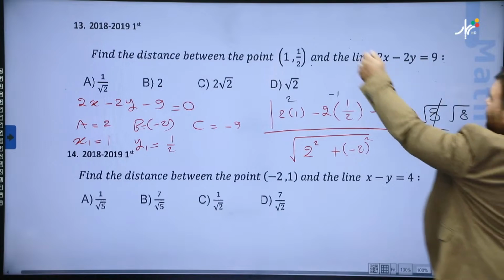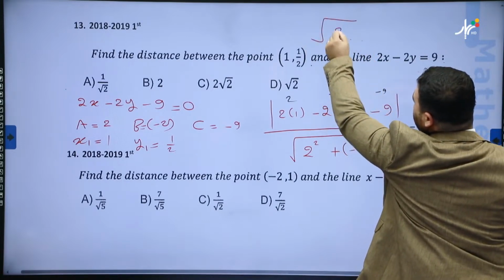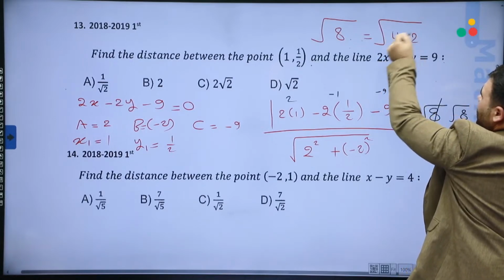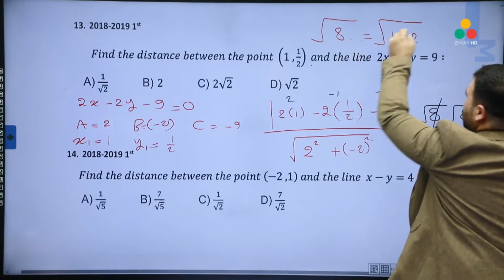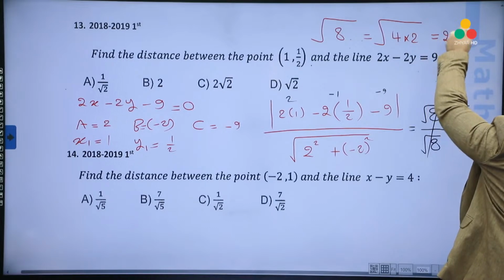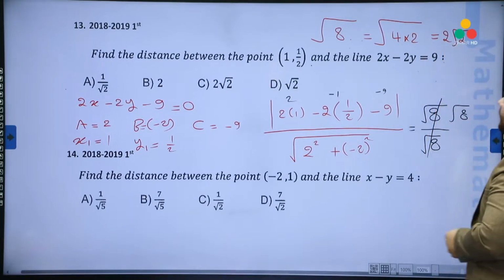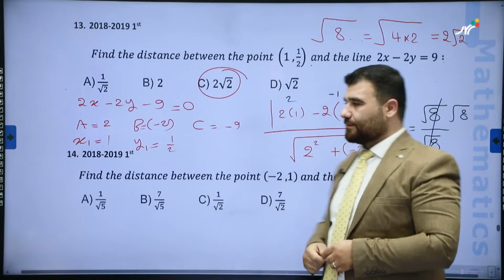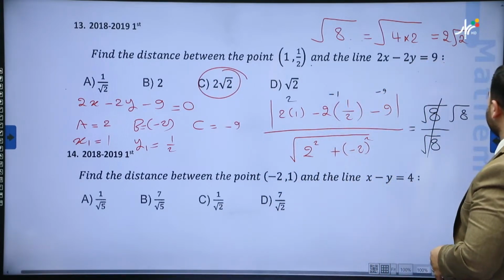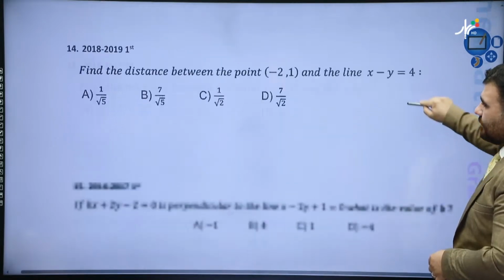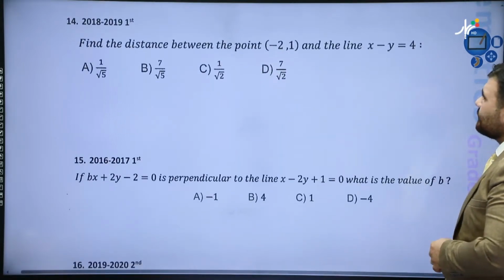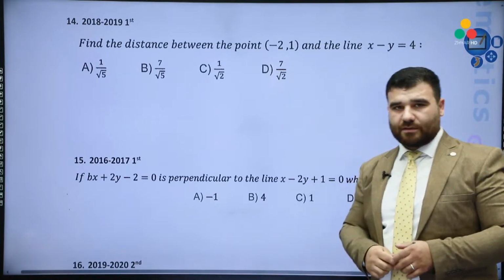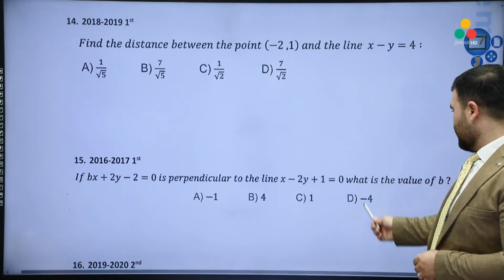We can rewrite 8 as 4 times 2. 4 can go out of the square root. That becomes 2 square root 2. The answer is C. Find the distance between point and line. The idea is quite obvious now. This question,